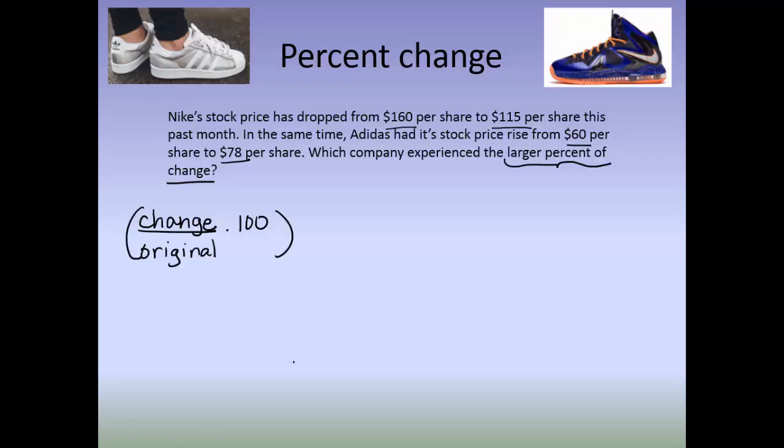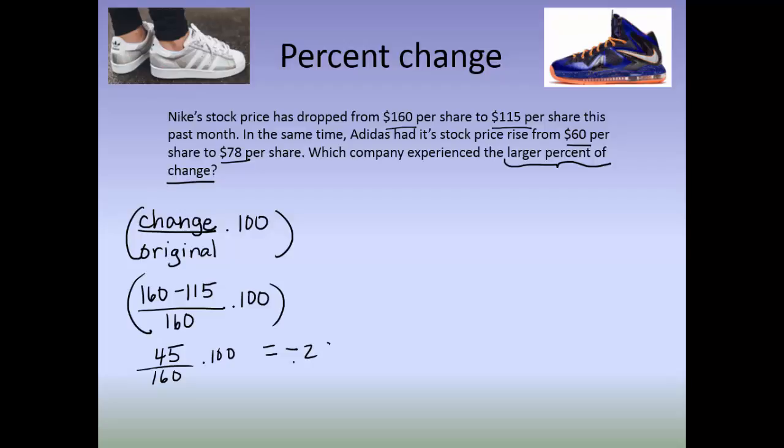So for Nike, we're going to subtract 160 minus 115, divide that by 160 because that's the original amount, and multiply by 100. That results in 45 out of 160 times 100, which is a decrease of